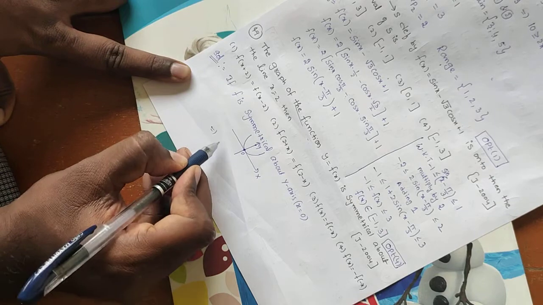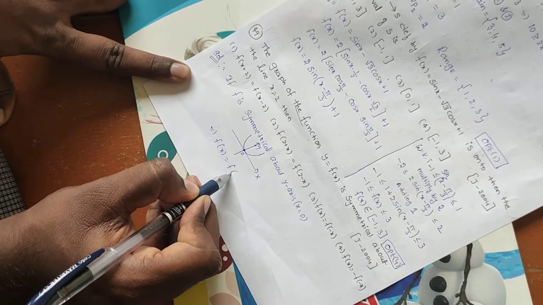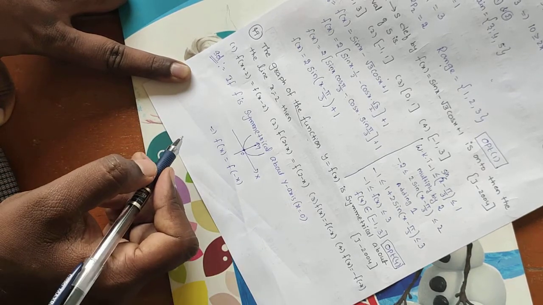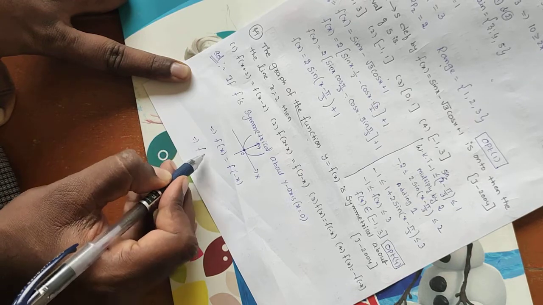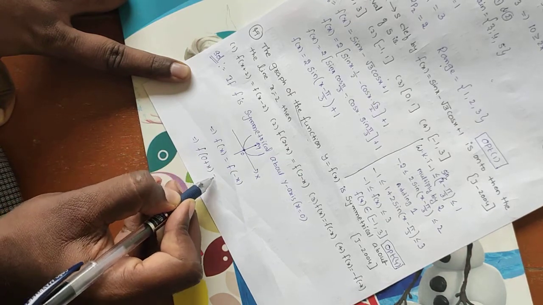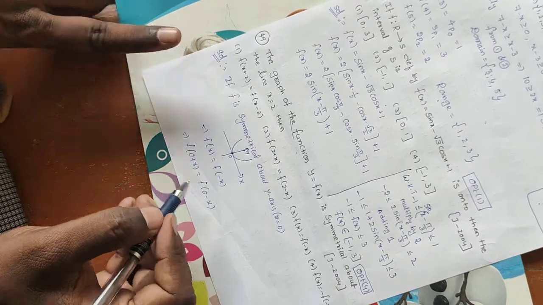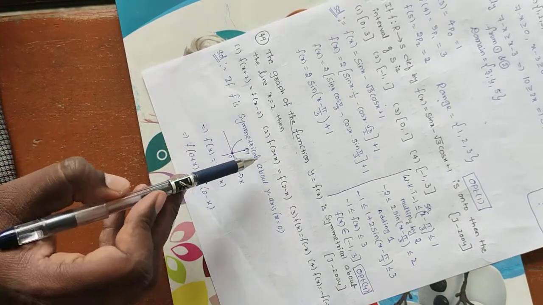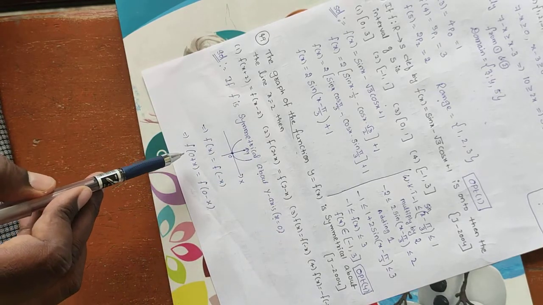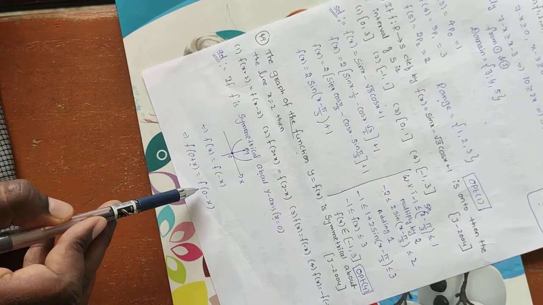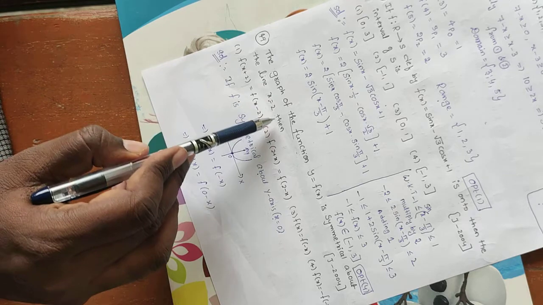That implies what you can write? f of x is equal to f of minus x. Why? Because this is an even function. This can be written as f of 0 plus x is equal to f of 0 minus x. Now, a function f is symmetrical about x equals 0. Finally, we got the condition f of 0 plus x is equal to f of 0 minus x. But here the line given is x equals 2.